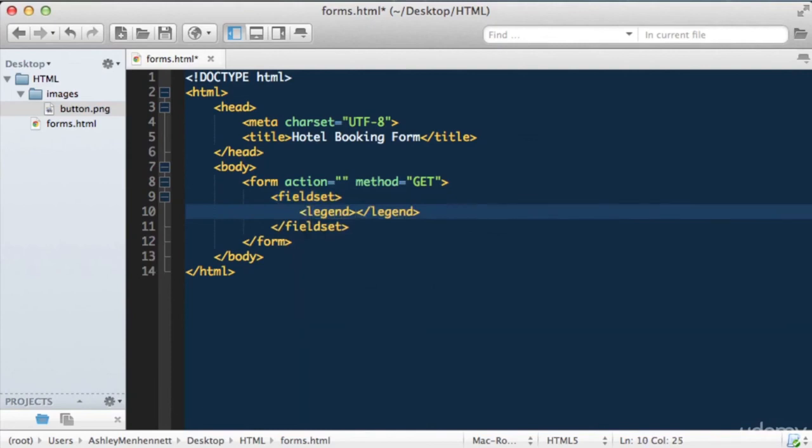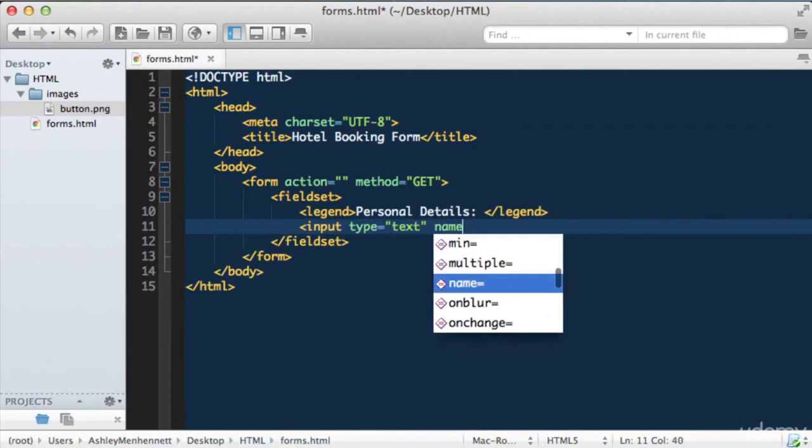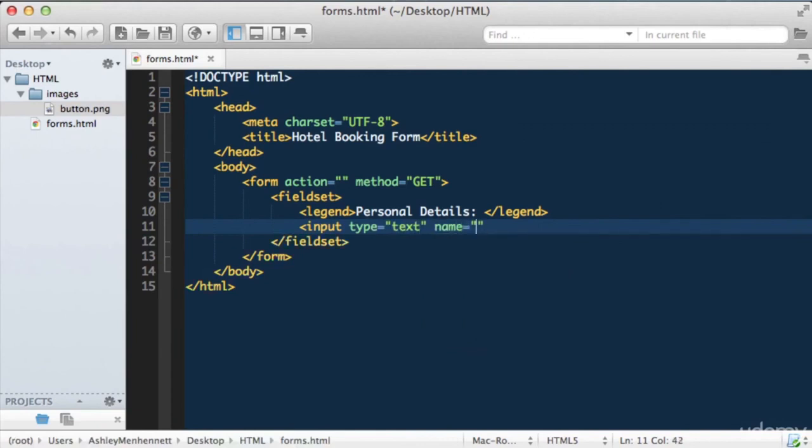And we're actually going to have two different field sets. So for this field set, I'm going to say personal details inside the legend. Then we're going to create some inputs. We're going to start off with an input of type text. We're going to give this a name of username. We're also going to pass in an ID of name,